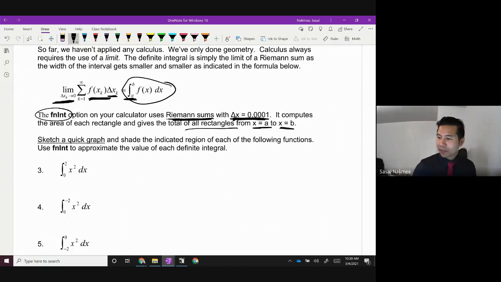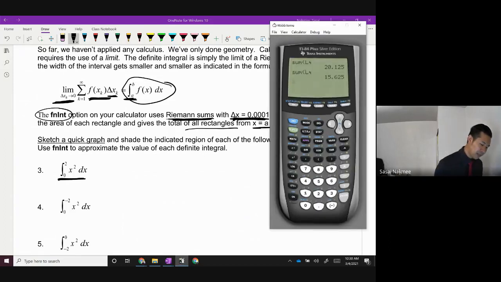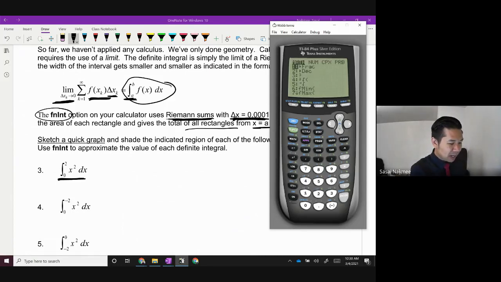Watch this. All right, we're going to go ahead and calculate the area underneath this curve right here. So let's say I have the function x squared, and I want to calculate the area from 0 to 2. Here's how we do it on our TI calculator. You ready? We're going to look for this function called fnint. So on the home screen, you're going to press math and scroll down. fnint is option number 9 under math. Go ahead and press that.